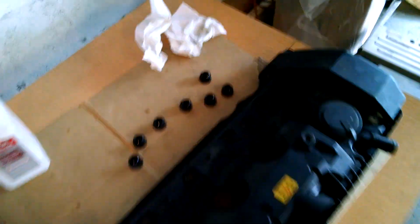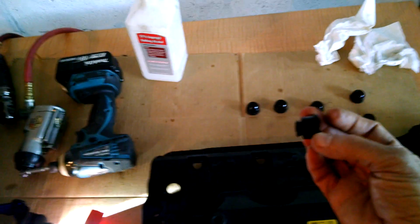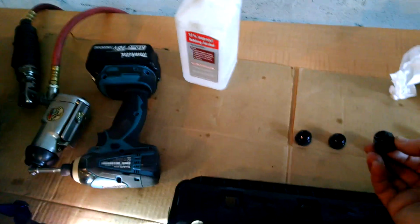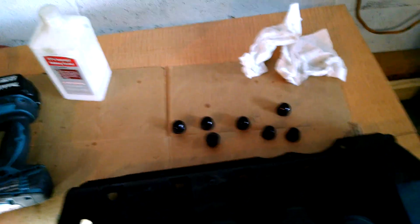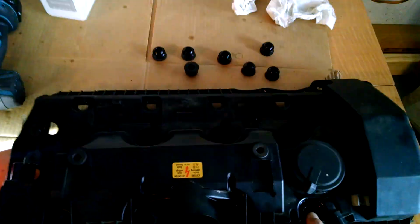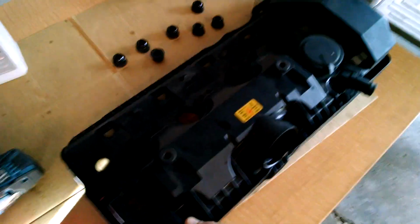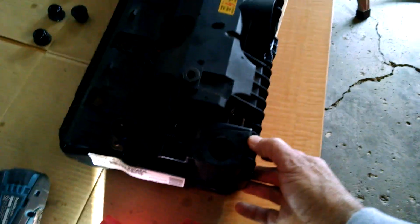On the first one, I put all these pieces in beforehand, and I lost one of them, so I'm going to have to replace that. So I'm going to leave them off with this one. This would be the top closer to the middle of the car. These